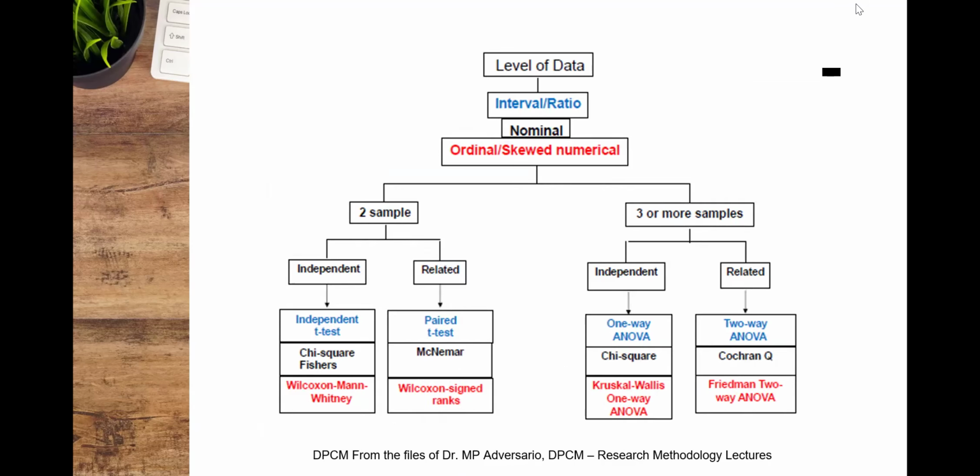So I will end by showing you these diagrams and figures of various statistical tests that you can use in different conditions. And this one is borrowed from a previous lecture of Dr. Adversario that shows the level of data, whether it's interval ratio, nominal, ordinal, or skewed numerical, differentiating between two samples or 3 or more samples, and for each one, whether the samples are independent or related. And you see color-coded are the tests which are appropriate for those